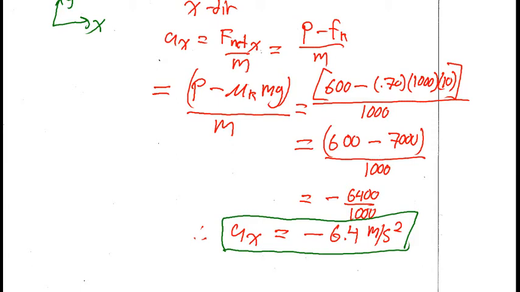And now we'll go ahead and solve the motion part of the problem and see how far the car travels as it decelerates by this amount. Alright, so now that we've figured out the acceleration of the car as it's traveling through the sand pit, it was equal to minus 6.4 meters per second squared. Now we can consider the motion part of the problem in considering the slowing down of the car as it's